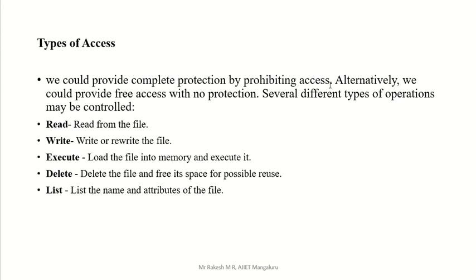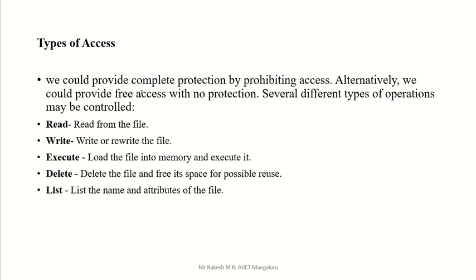Another thing is we could provide free access with no protection. We are not using any protection, so that file can be accessed by any person at any time. That is also possible. But which type we have to use is decided by the user itself. Either we can give protection if the user wants, or no protection, which means the file can be used